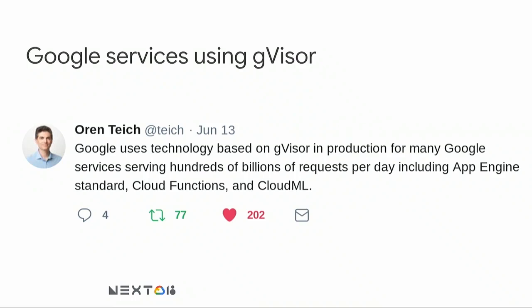And so we use gVisor for a number of things within Google, but one of the more obvious things, like Yoshi mentioned, and this is a tweet from our director, Oren, is that we use it within Cloud Platform particularly for things where users need to upload application code, and we run it on their behalf.